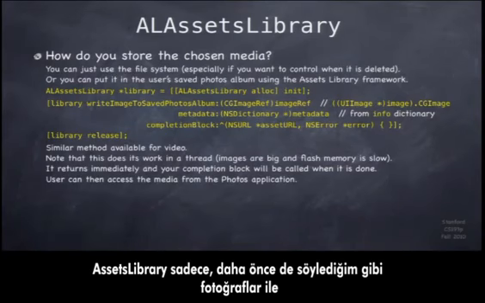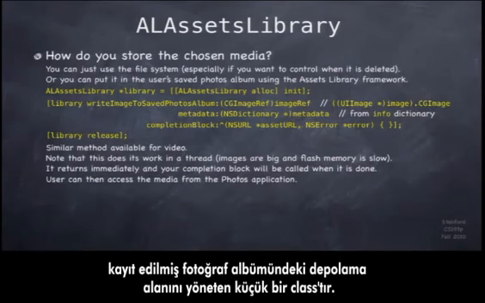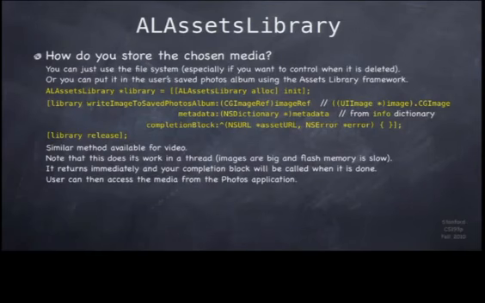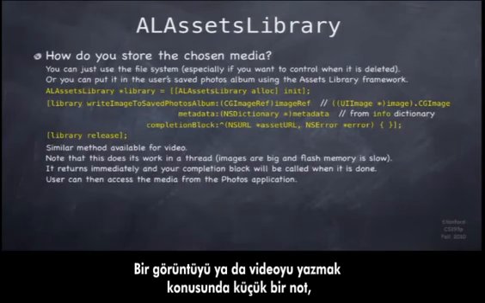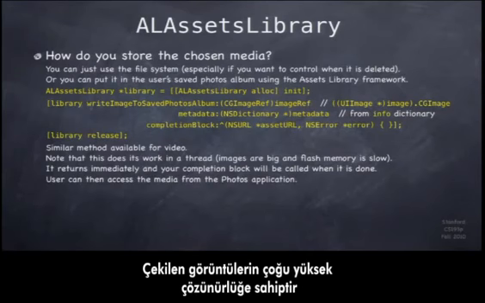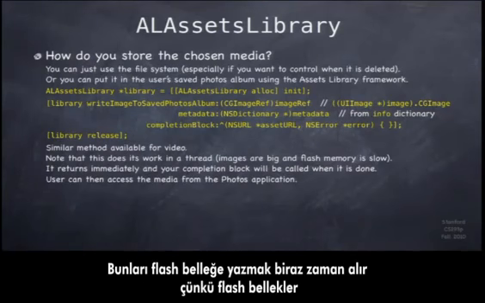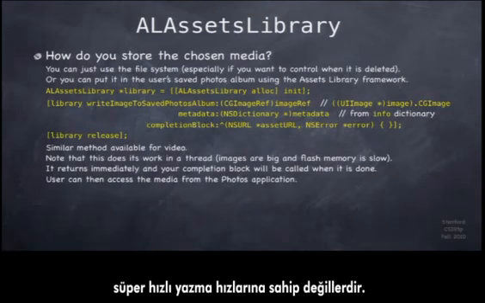The assets library is just a little class that manages storage in the saved photos album, right? Where the user's kind of in this halfway house, like I said, between the photos, their photo albums and the apps. And one thing to note about writing an image or a video: these things are big, okay? Most images the camera takes, they're high resolution cameras, many megapixel cameras. It takes a while to write them out to flash memory, because flash memory is not super fast to write,